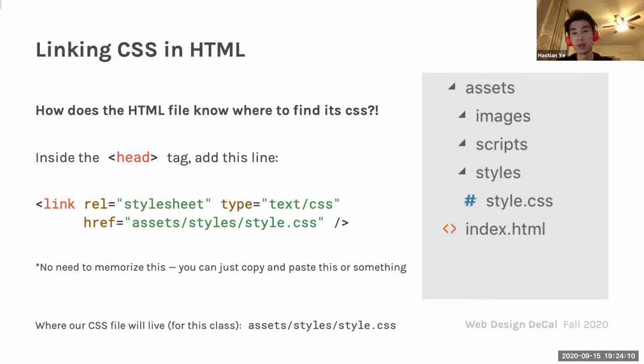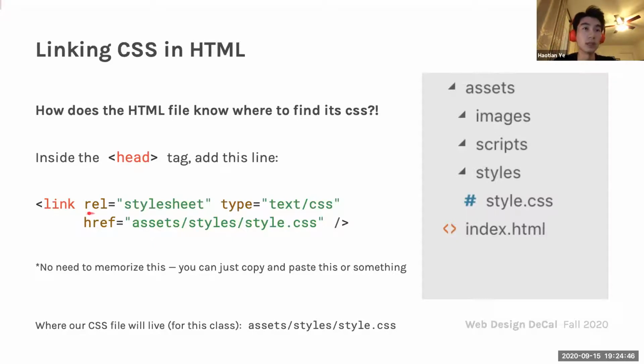Since our CSS code is separate from HTML, HTML has to know where this file is so that it can apply these rules. So this is where our head tag comes in. Last week in HTML, we were basically saying head is useless for now because it doesn't show anything. But now this is where the importance comes in. Within our head tag, we have a link tag. This is a self-closing tag like image. So there's no opening or closing one, it's just one itself. And this is how we say go to this path and find the CSS file.